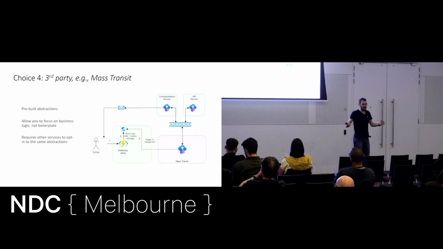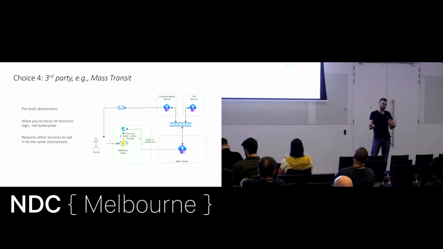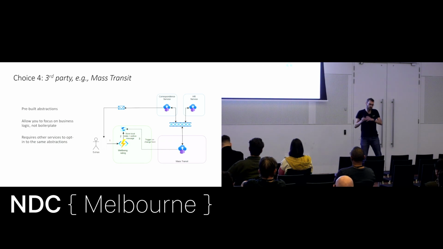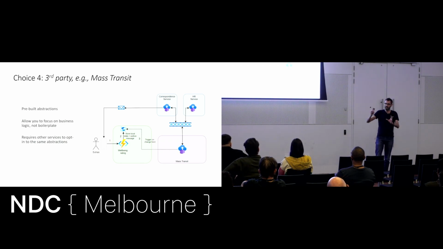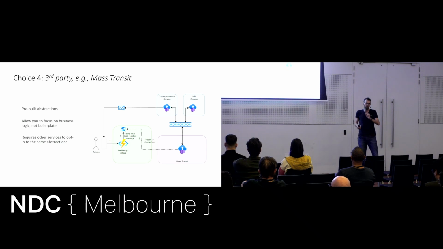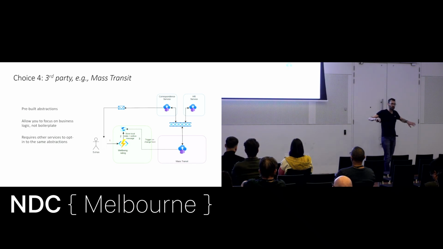But the thing is, once you get into more complicated scenarios with messaging, you find yourself having to write a lot of abstractions on top of those to really allow you to just focus on writing the business logic and get away from the idea of like queues and subscriptions and all of that boilerplate stuff that we'd rather avoid. And it turns out there's a whole bunch of pretty cool libraries out there that can really help you with this, that sit on top of our services, not just ours, but other clouds as well. They abstract that away from you, and they just give you an abstraction layer that makes much more sense in